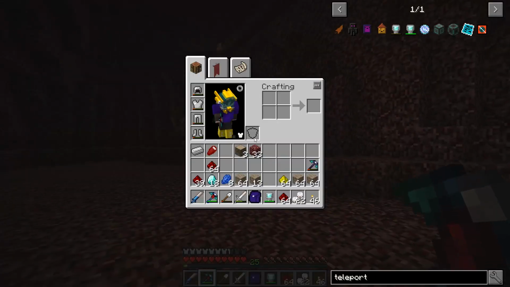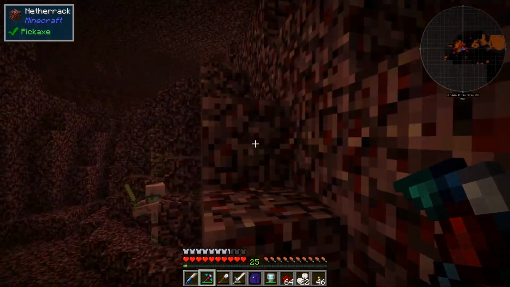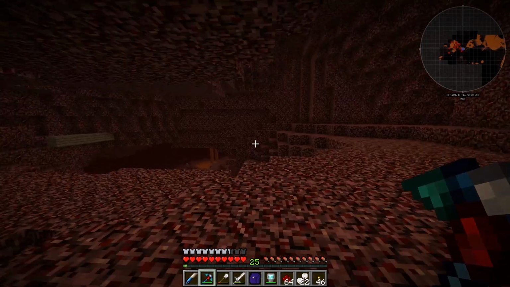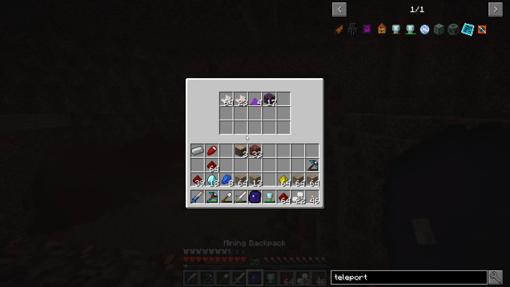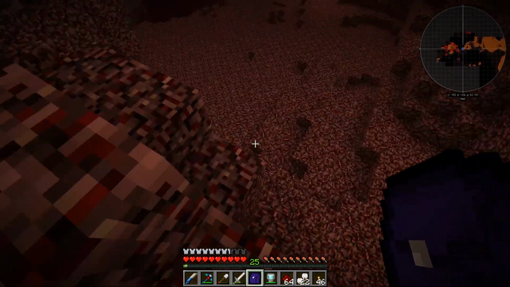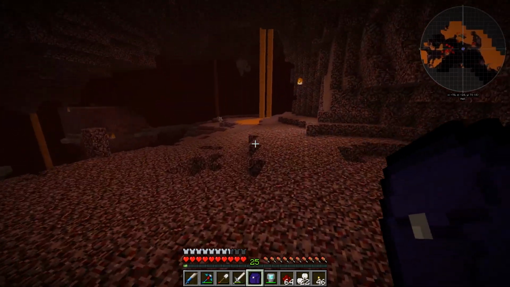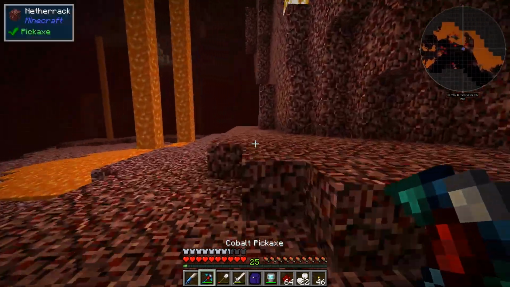Now, as you can see, I actually have progressed a little bit. I've got this diving helmet on for no reason. And I am kind of in the middle of nowhere in the Nether, currently looking for cobalt. You can see it in my mining backpack. I've got 17, stacking some odd quartz. And it hit me that I could actually use something that I just got off camera to hopefully...